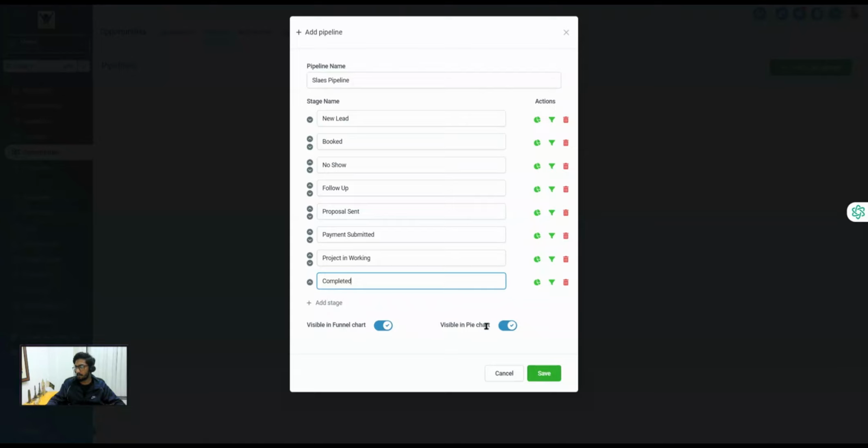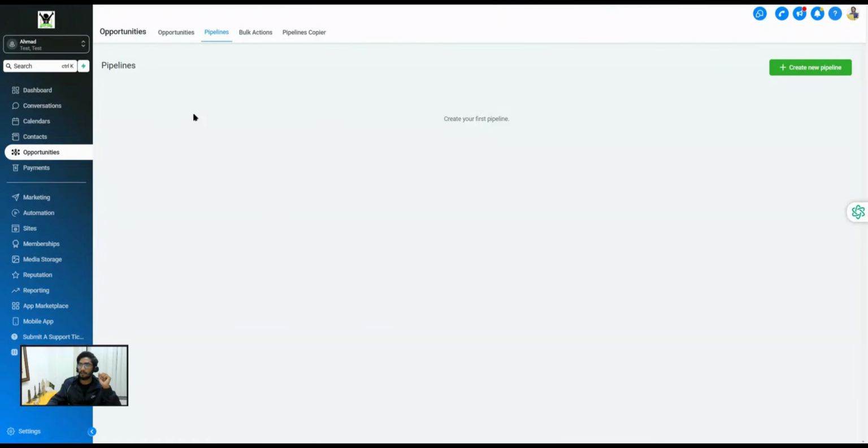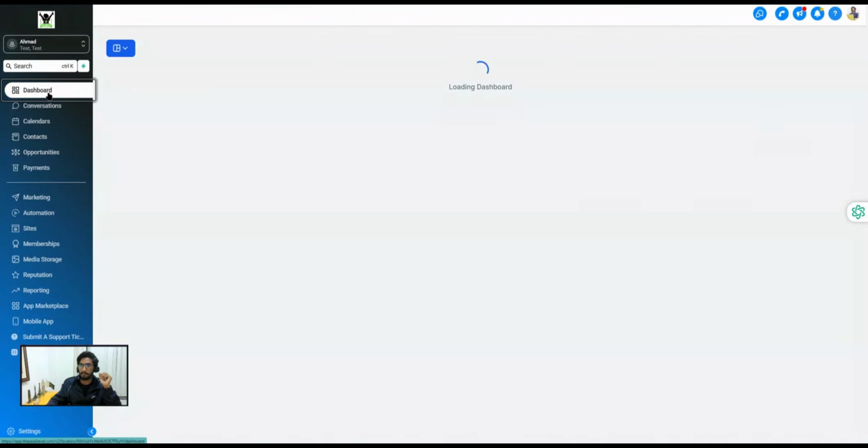Okay, so we have identified the stages of our pipeline, and then below you see visible in funnel chart and visible in pie chart. What these two are, I'm going to show you in a second. Basically, do you want this pipeline to be visible on your dashboard or not? I'm going to show you in a second. So let's just save it. And when you go to dashboard,